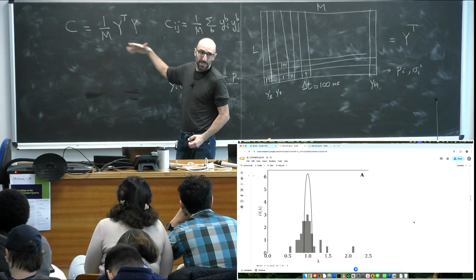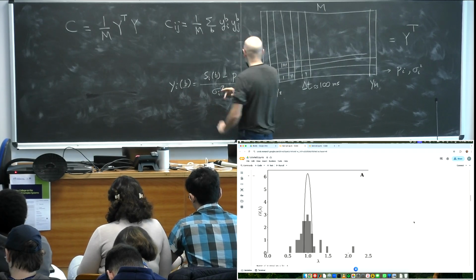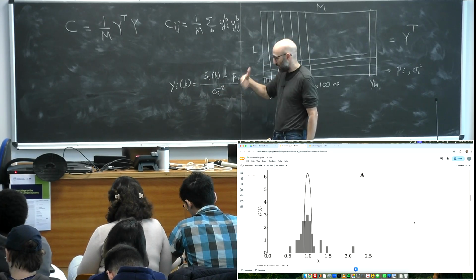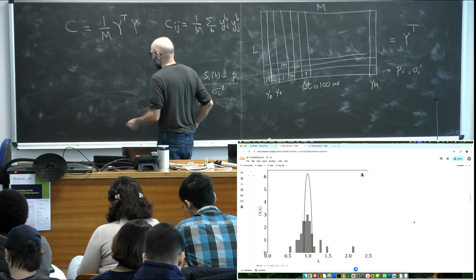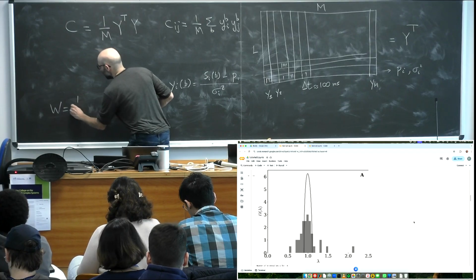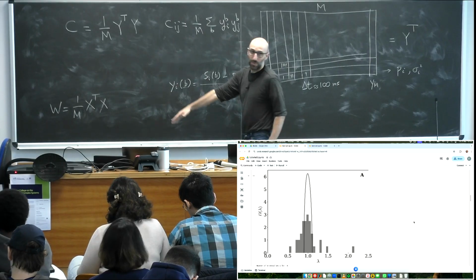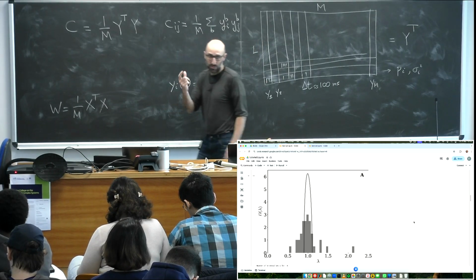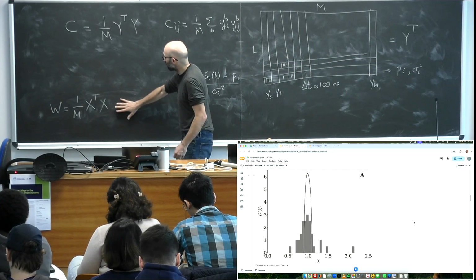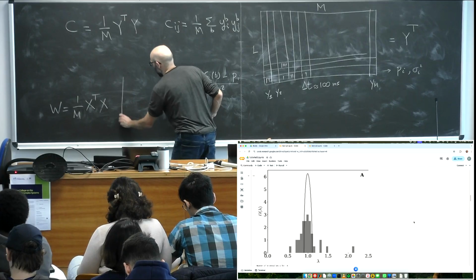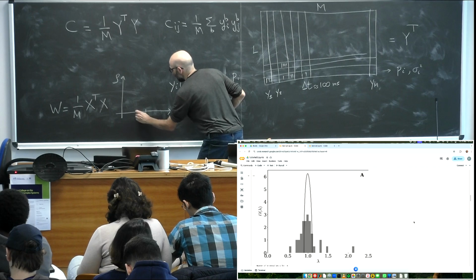So as I was saying yesterday, if the y's are pure noise, if the variables y are unit Gaussians with 0 mean and unit variance that are completely uncorrelated, then C is what I called yesterday W. So in absence of any correlations, C should be the same as W, that is X transpose X, where X is independent Gaussians with 0 mean and unit variance. And the spectrum of W is what is called the Marchenko-Pastur spectrum, rho of lambda. This is what I used yesterday. And it has this shape